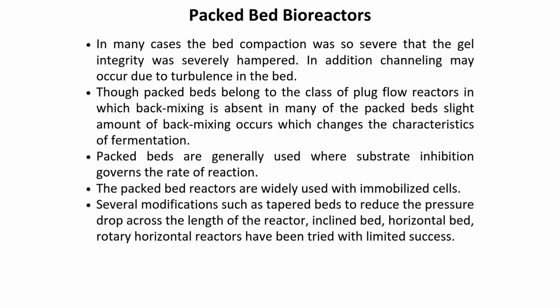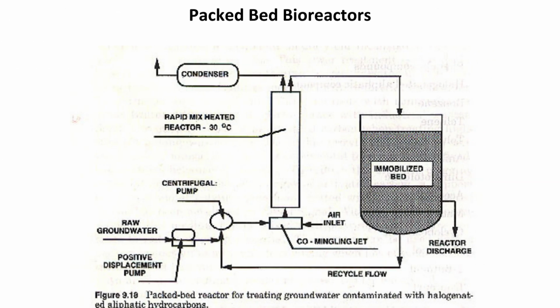These reactors are generally used when the reaction rate is governed by substrate inhibition. They are widely used with immobilized cells. Several modifications, like tapered beds to reduce pressure drop, inclined beds, horizontal beds, and rotary horizontal reactors, have been tried with limited success. A diagram labeled Figure 9.18 illustrates a packed bed reactor used for treating groundwater contaminated with halogenated